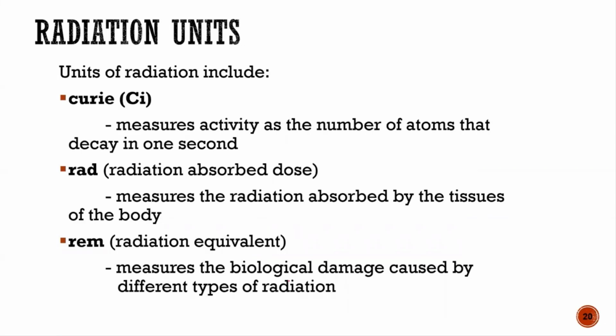So the units that you can use for radiation is the Curie, and it's the number of atoms that decay in a second. It's a really common one. The rads, this is one that's really common too, especially with Geiger counters, is the radiation absorbed dose, so the measure of radiation that is absorbed by the tissue, and the REM. And the REM is basically